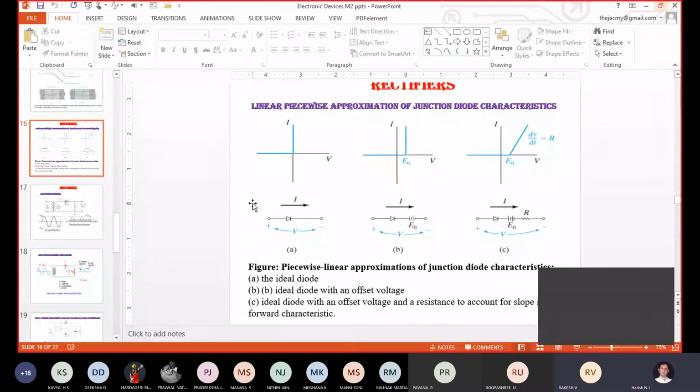Yes, sir. In yesterday's class, we were discussing different types of approximation of the PN junction diode, along with its equivalent circuit diagram, the DC equivalent circuit diagram of the PN junction diode. At the same time, we also listed a few parameters for the ideal and practical approximations. With the help of those lists, we learned what precautions we need to take for fabrication of a PN junction diode.